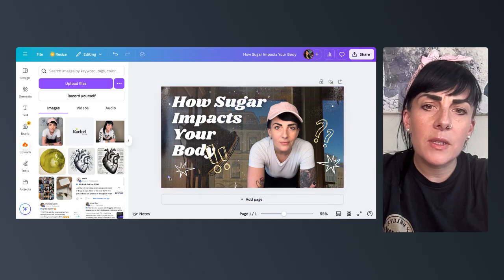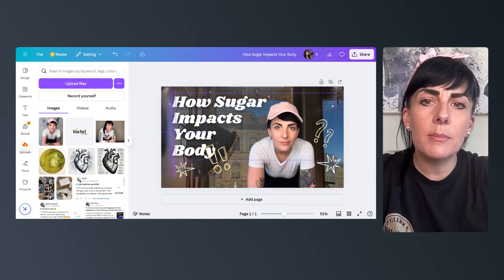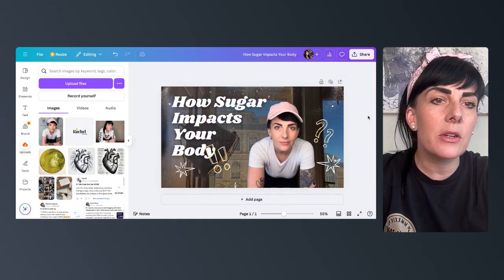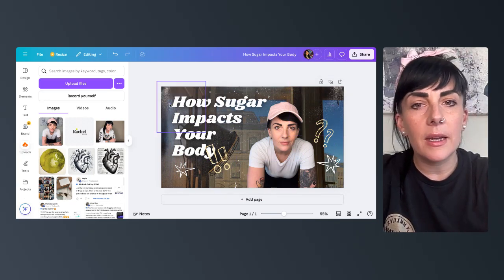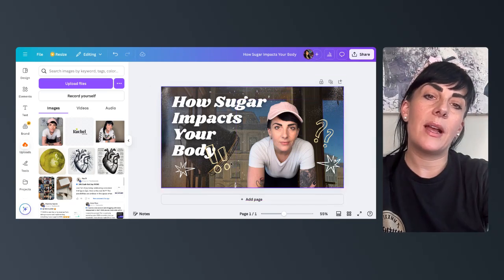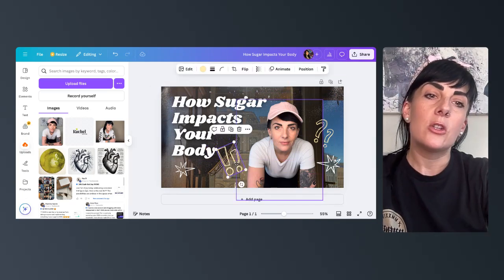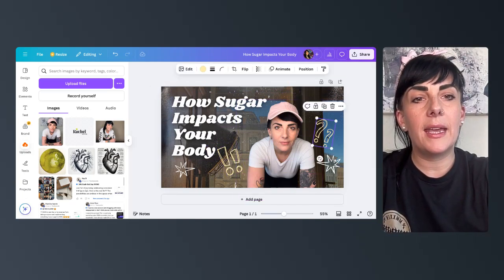I'm not sure what's happening with these little diddly dudes, these little polka dot bikinis over here. Let's get those out of there. Oh wait, can we get it? Yep. Grab it, get rid of it. How sugar impacts your body. I like that. So now the other thing I want to look at with a